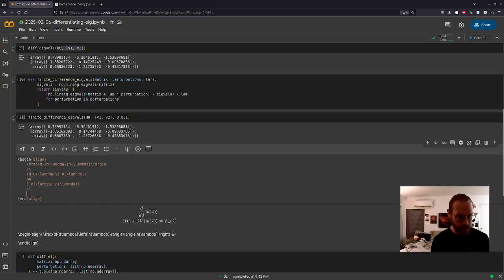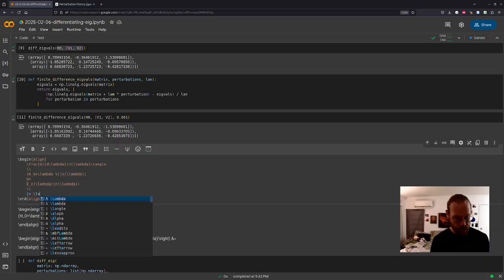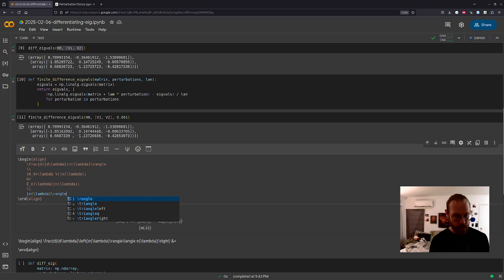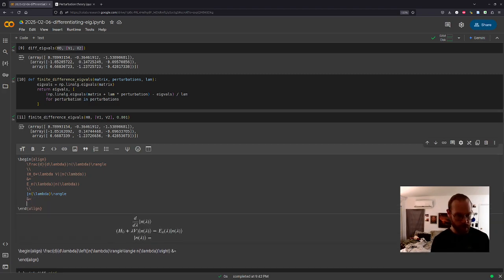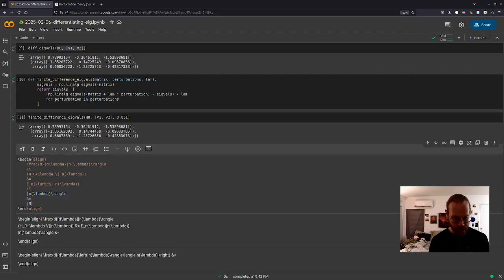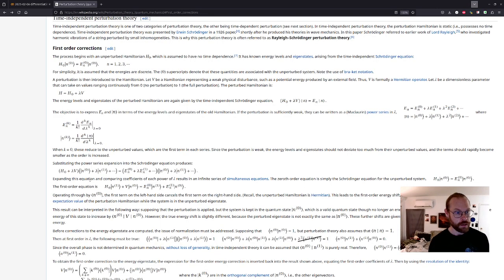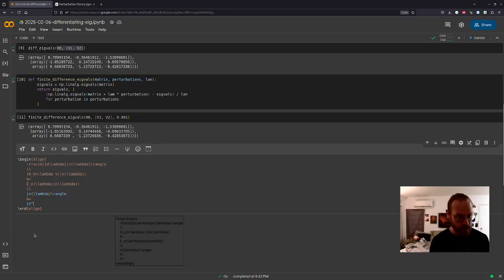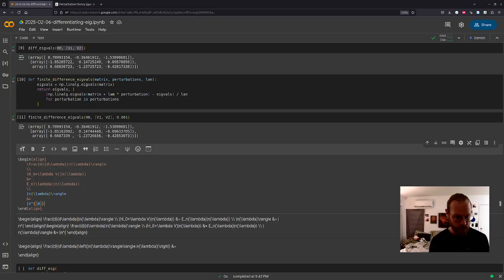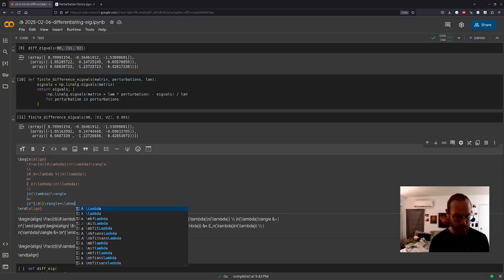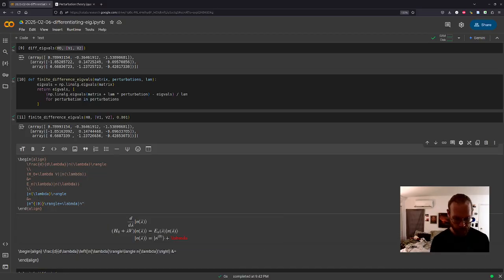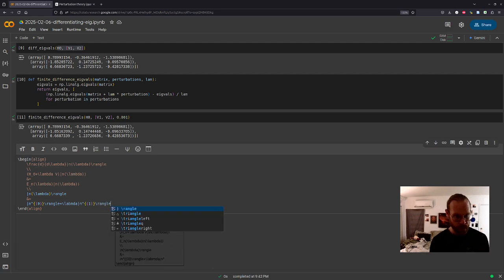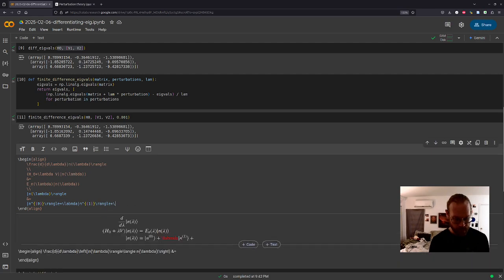That's what it means to be the eigenvector. And n of lambda, we're representing it in a power series in terms of n superscript 0, plus lambda n superscript 1, plus dots, plus a bunch of stuff that's higher order in lambda.